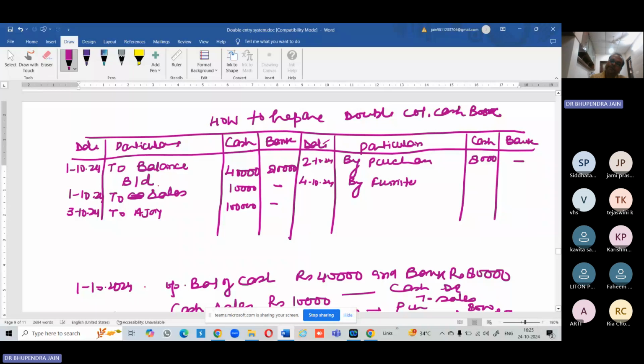Buy furniture in the bank column. How much? 40,000, because payment is made through net banking. Using only the cash book, you can find out for what purpose you have spent the money. If I just read this entry, purchase of furniture in the bank column,